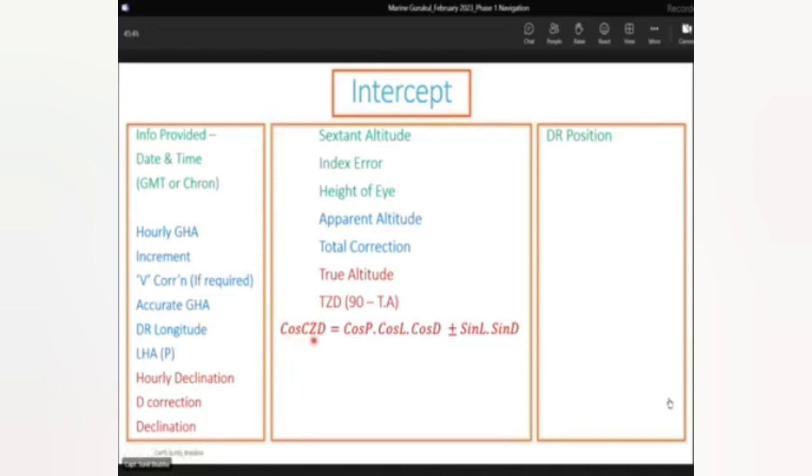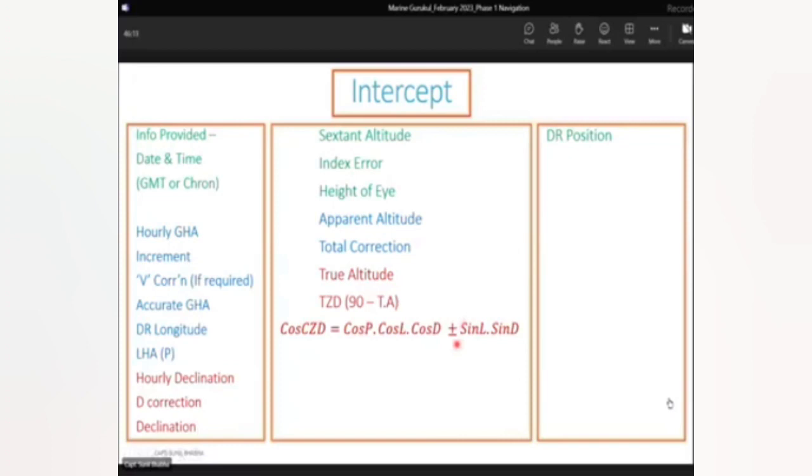So cos of CZD, that is the calculated zenith distance, is equal to cos of P. P is the angle P of the PZX triangle, into cos of latitude. The latitude used here is the DR latitude, that is what we have, into cos of declination. The declination of the body has been obtained from the almanac,